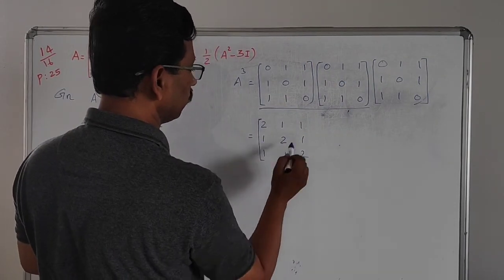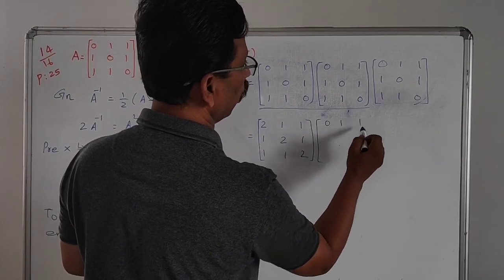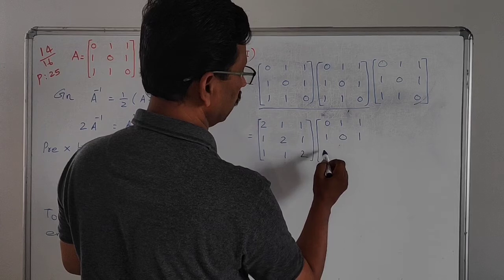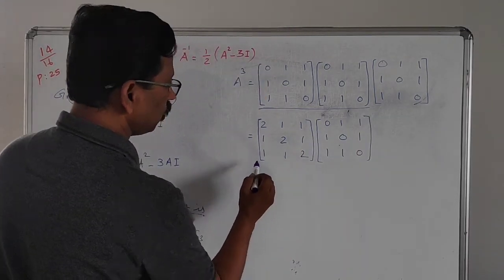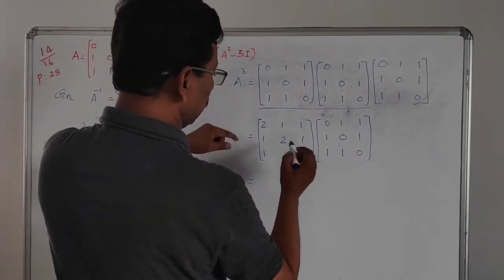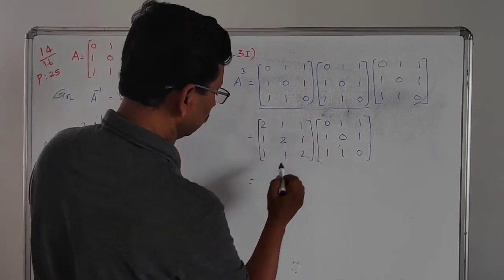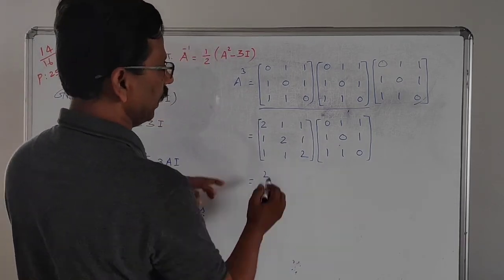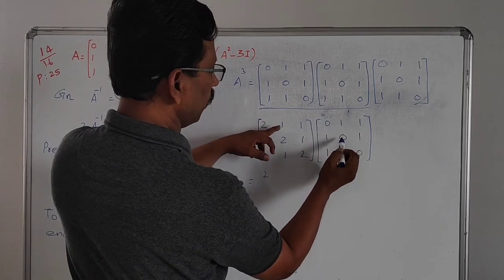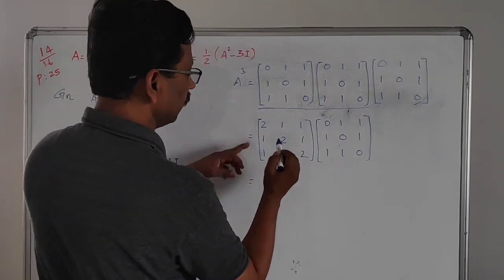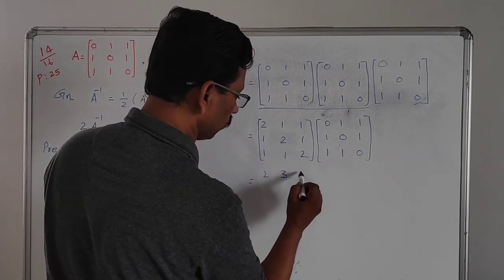Now we can take this one into this matrix, this matrix 0, 1, 1, 1, 0, 1, then 1, 1, 0. Now these two matrices are multiplied by the usual method. 2 into 0, 0, then 1, 1, plus 1 gives what? 2. Then you can go for first row second column 2 into 1, 2 plus 0 plus 1 gives 3. Then again first row third column 2 plus 1, 3 plus 0 gives 3 only.